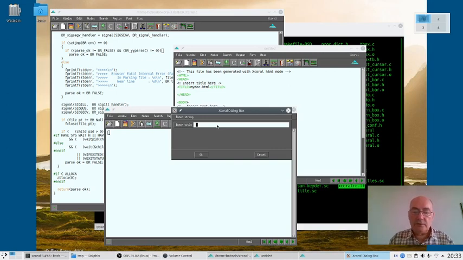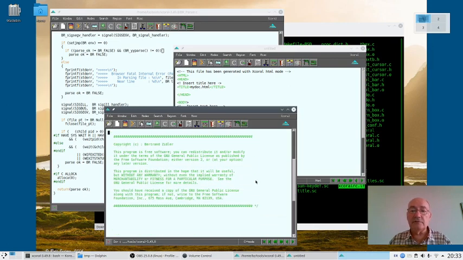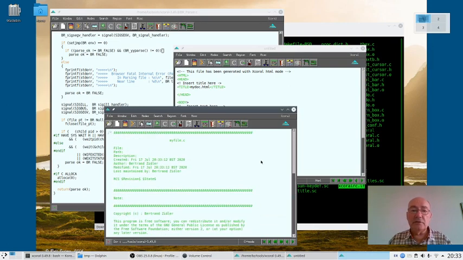We can give it a name, myfile.c, for instance, and it opens the title for a C file with // and /* at the end of the command. You can see at the top that the file name and path name have not been filled yet. The description is up to you.